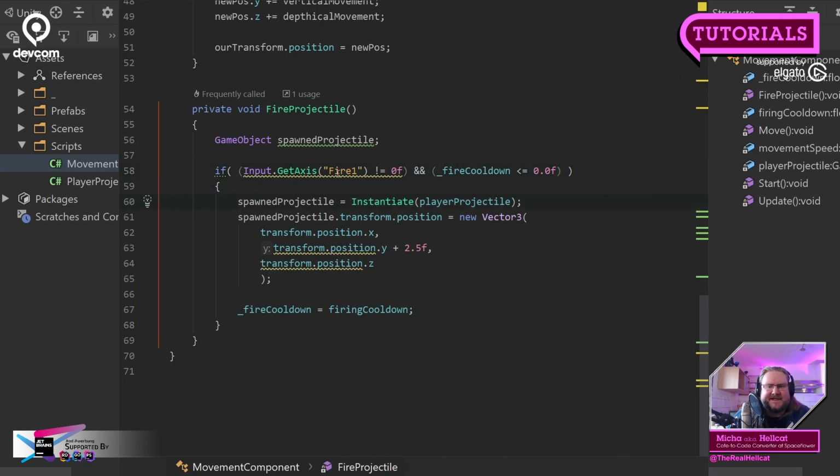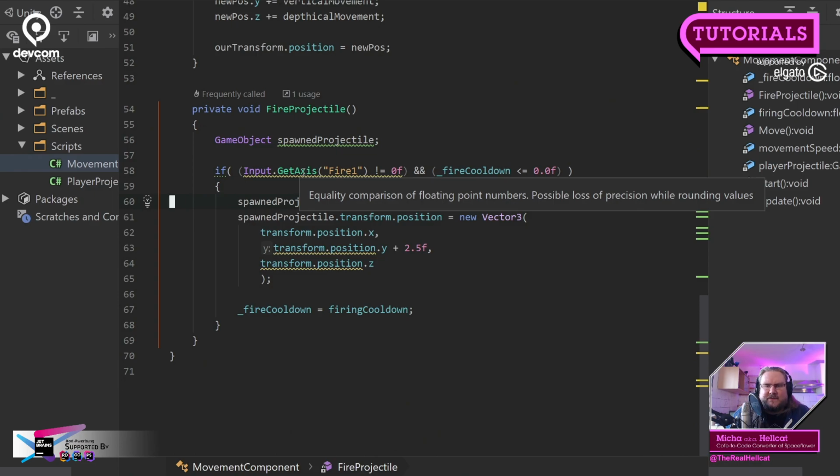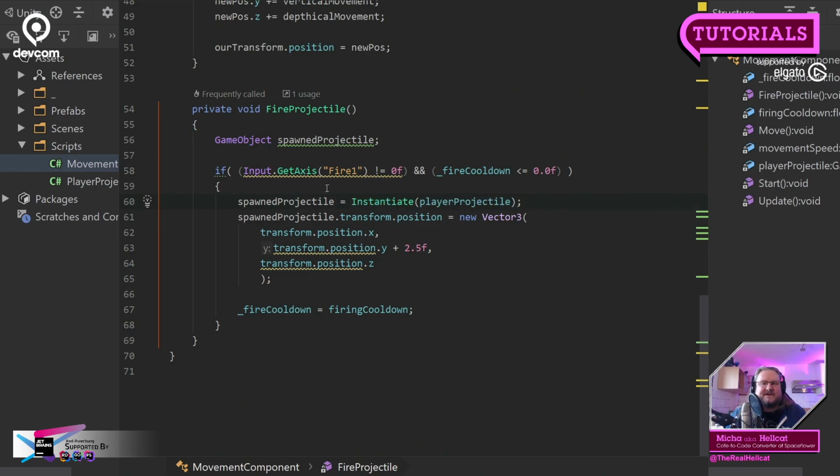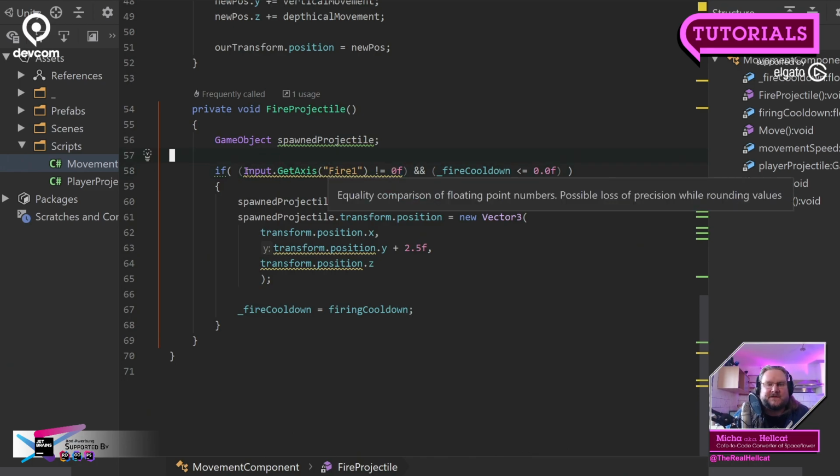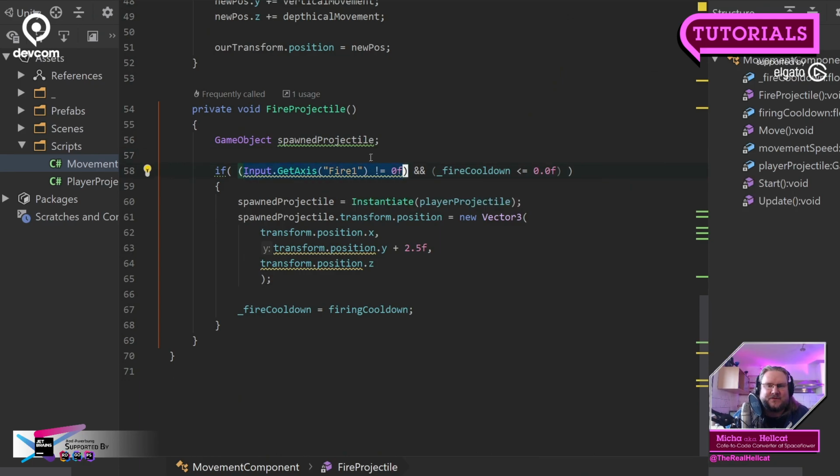So let's check our logic, and this is why this squiggly equality comparison of float. Oh yeah, okay. This is okay for demonstration purpose, because the values don't quite perfectly match, so there might be rounding errors. Since we are treating this as a digital input, we're either firing or we're not firing. This is fine for now. For demonstration purpose, this is fine. In a production environment,